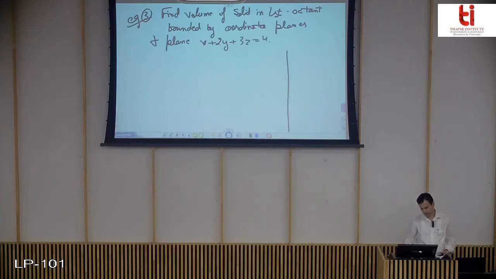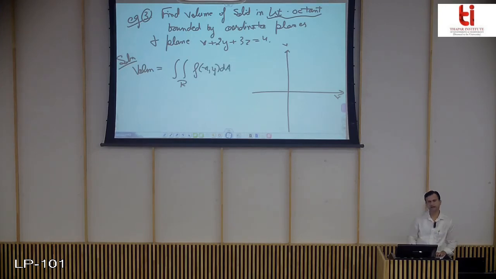So this is an interesting question. You can see in this question, nothing is given to you about which is the region in the xy plane. No curve is given for sketching the region in the xy plane, about which we usually find the limits of integration. The only thing given is your first octant. You have to find the volume, which will be the double integral over R of f(x,y) dA, where R is the region in the xy plane.